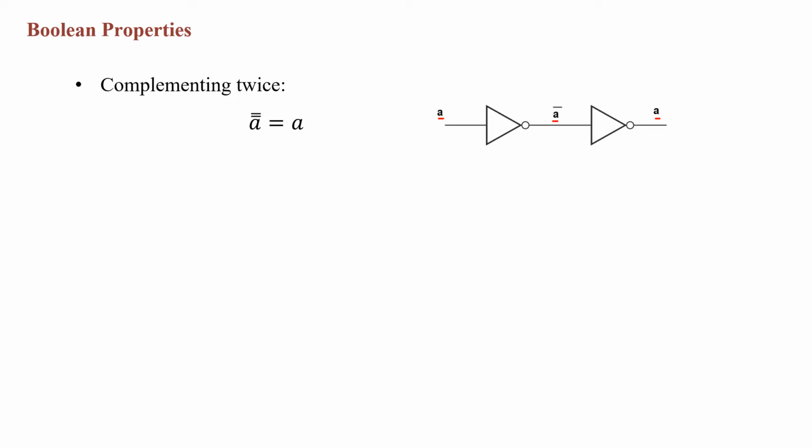The second Boolean property we'll introduce is De Morgan's law. De Morgan's law states that we can distribute the complement on A or B, or in this case, the entire expression is A NOR B. We can distribute the complement on each of A and B, but this will convert the ORing into ANDing. Okay, so we distributed the complement and we changed